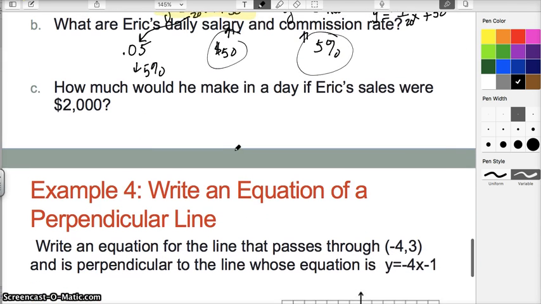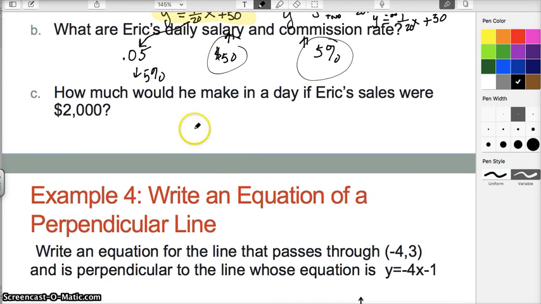How much would he make in a day if Eric's sales were $2,000? Well, once we create an equation like we have, we actually have